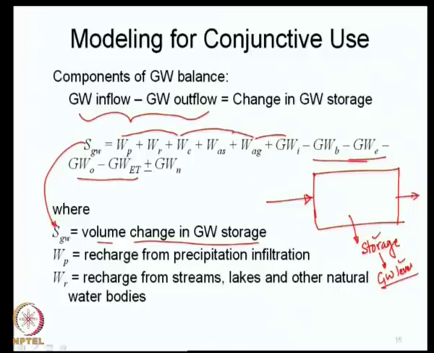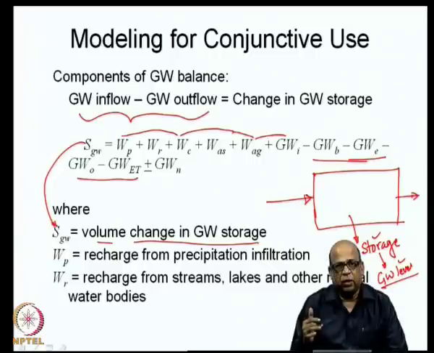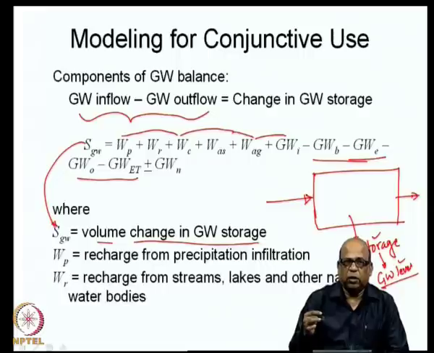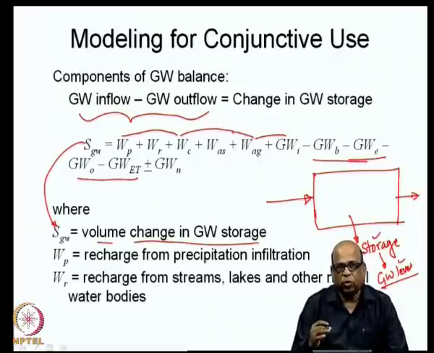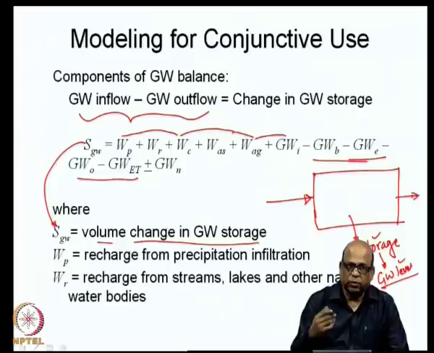So, the left hand side here is the volume change in groundwater storage. So, change in storage. Now, the first term WP is the recharge from precipitation infiltration. As I said, in the irrigated area, there is precipitation taking place. The precipitation in excess of the field capacity in the soil, that is the precipitation that is going down into the soil in excess of the field capacity, which is infiltration in excess of the field capacity, goes down as